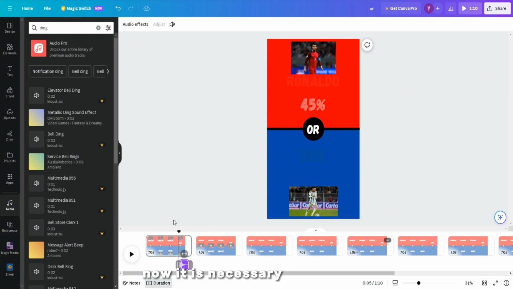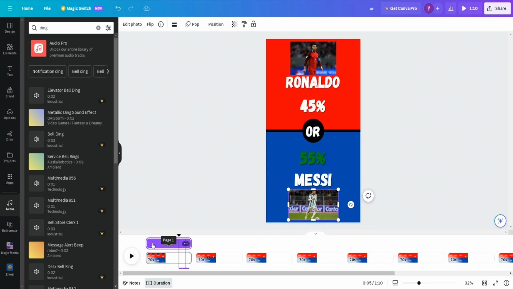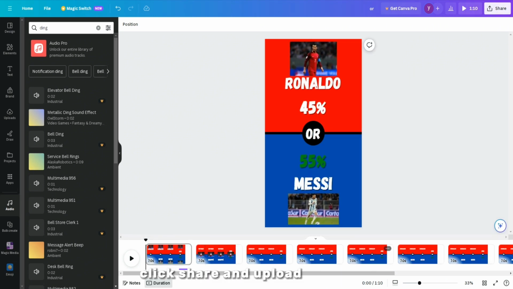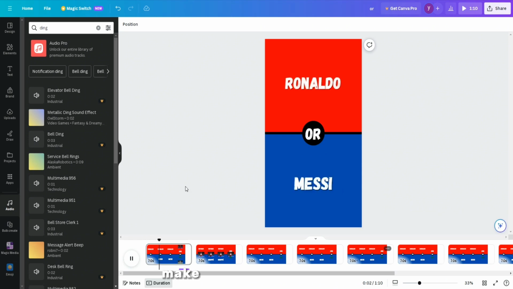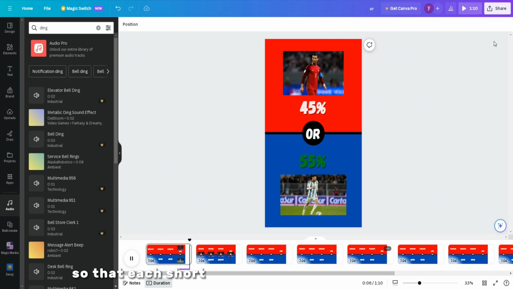Now it is necessary to schedule several hours to repeat these procedures for all short videos. After completing all the steps, click Share and upload the video. Make sure that the Upload in Separate Files checkbox is selected so that each short video is saved as a